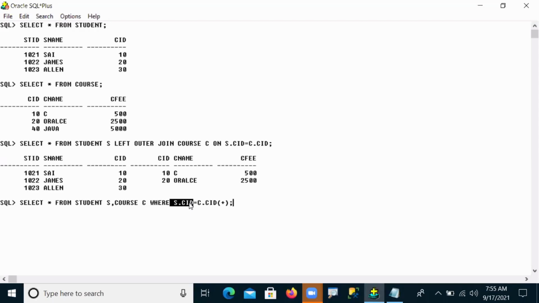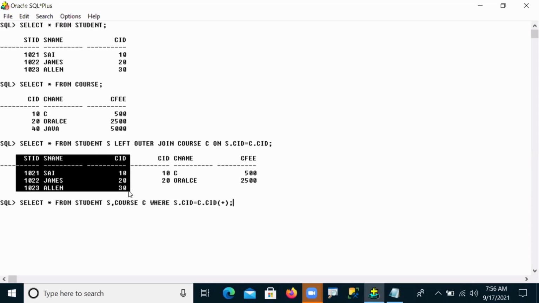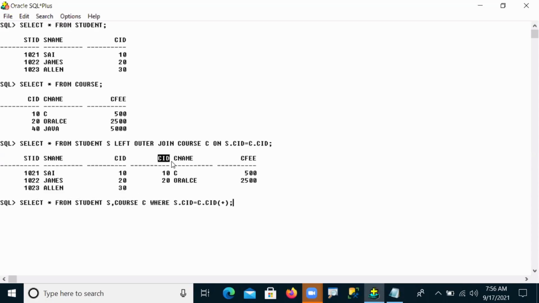Okay, so your left outer join is what now? It retrieves entire data from the left side table and matching data only from the right side. So that's why it's quite opposite, guys. Left outer join means your join operator should be applied on the right side table. Left outer means I want the complete left side table data, but only matching data from the right side.